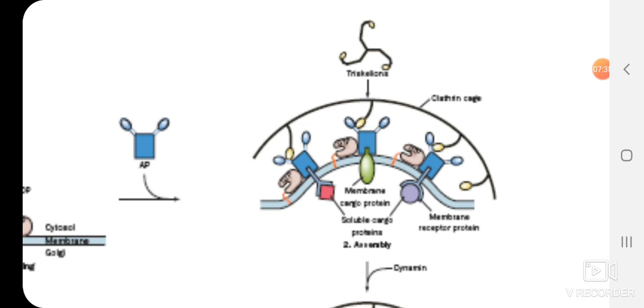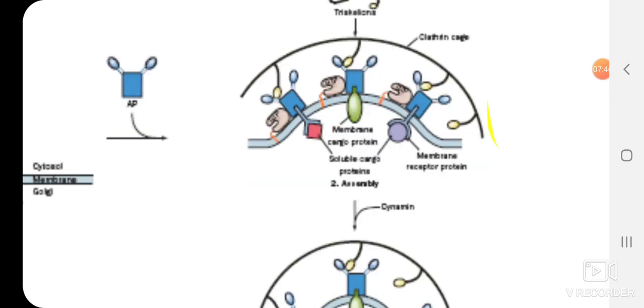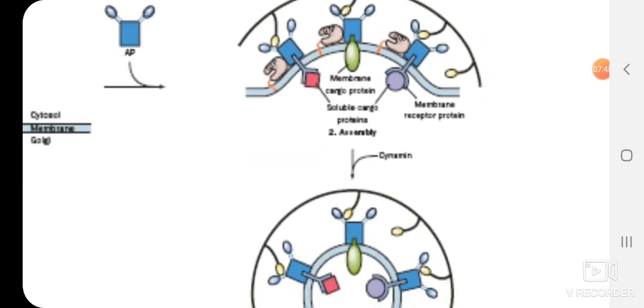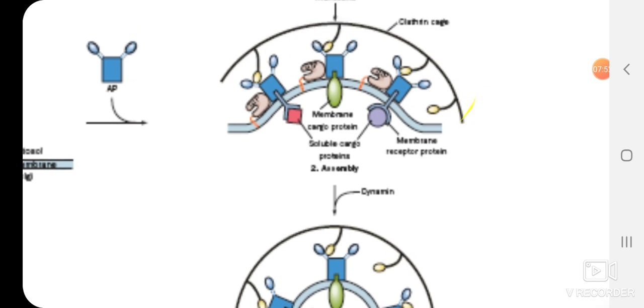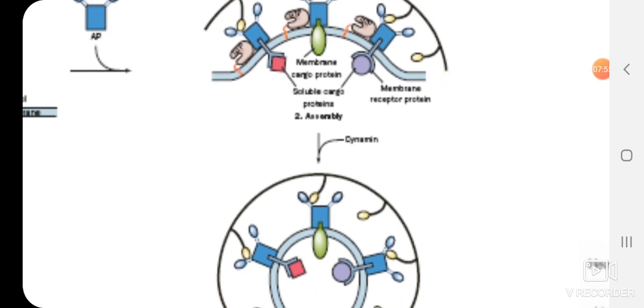This polymerization of clathrin starts pulling that particular membrane inside it, just like a suction force. Thereby it is going to form an assembly. So once the assembly is almost getting over, that is due to the pinching off of this particular membrane forcibly